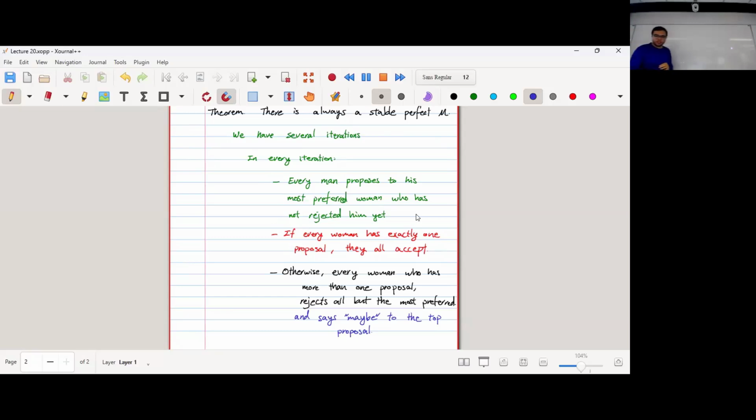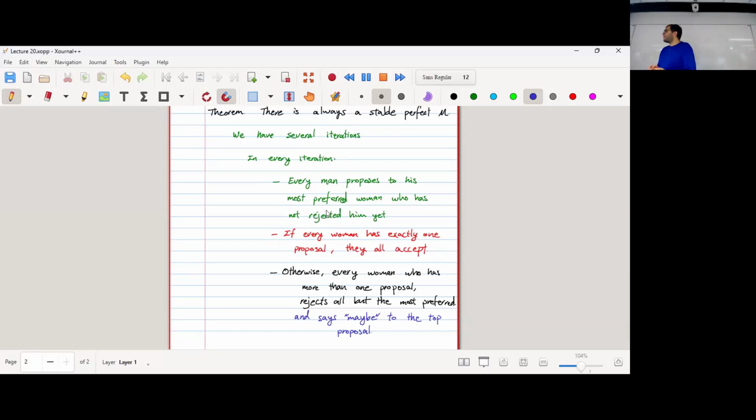Right? So suppose at the very beginning, every man has a list of n women, but if he gets rejected by the first woman, now he has a list of n minus 1 women. If he gets rejected by the second woman, he has a list of n minus 2 women, and so on. Okay? So if I look at the sum of the sizes of the lists of all the men,